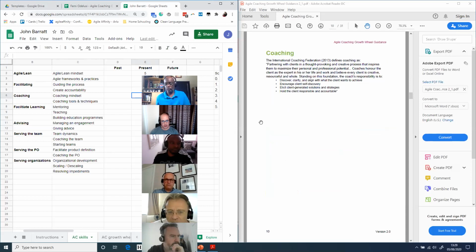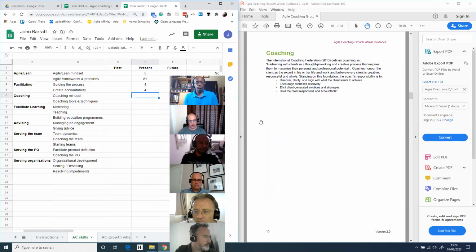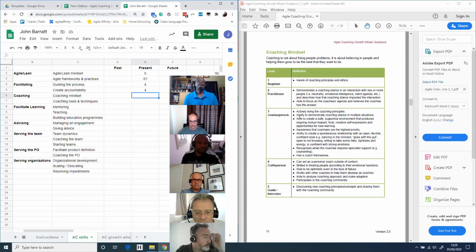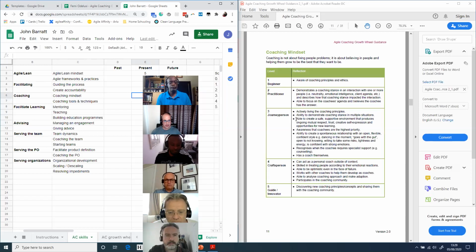Coaching is, in my opinion, one of the most powerful tools we've got as Agile coaches. It's not the only tool we need. There is one train of thought in the industry that says that Agile coaches should only coach. I don't agree with that, but I do agree that it is the most powerful tool we've got, and one that I'll often start with. Again, this is separated into 2 sections: the mindset, and the tools and techniques. We'll start with the mindset.